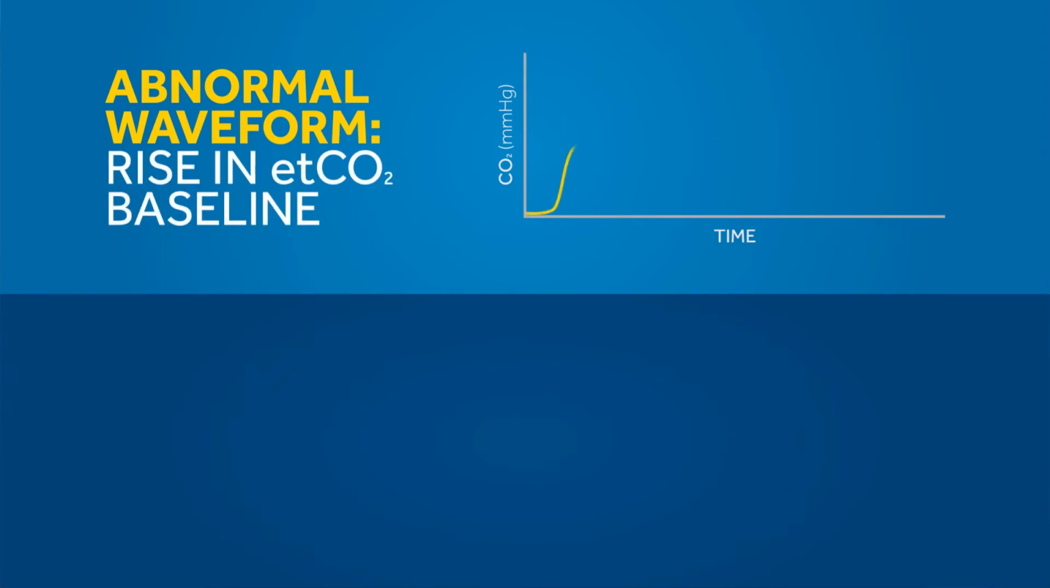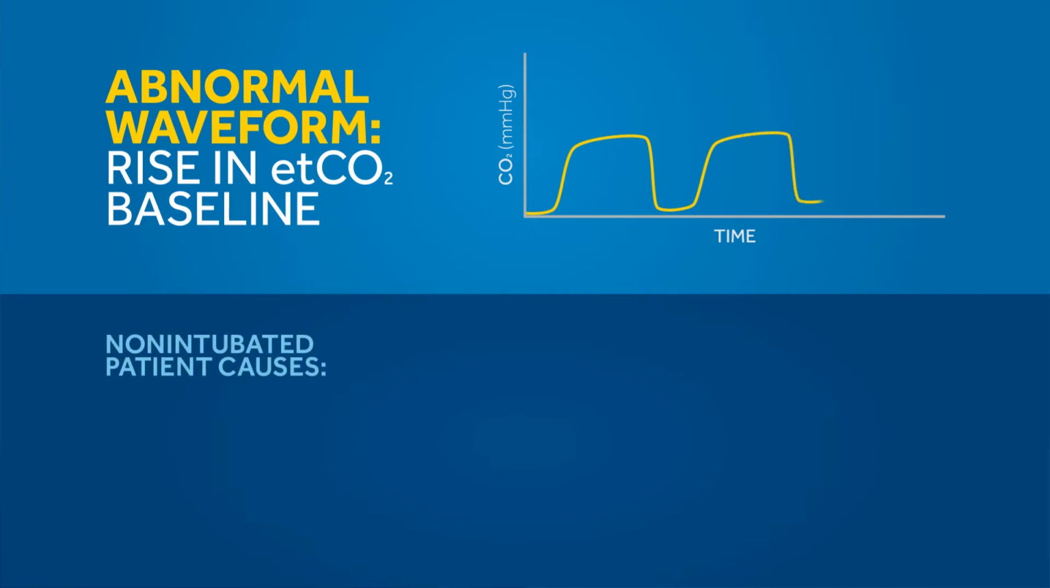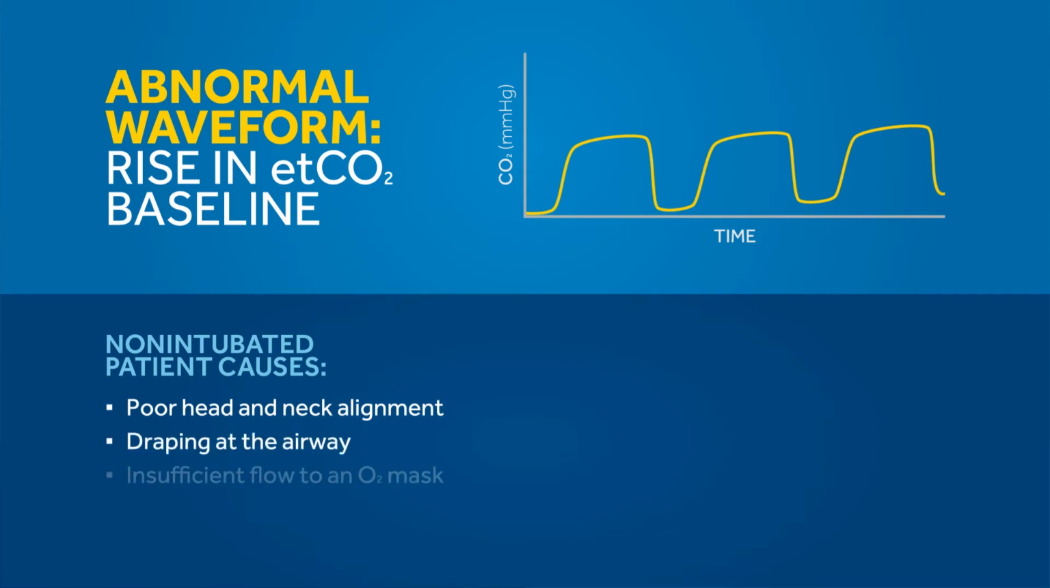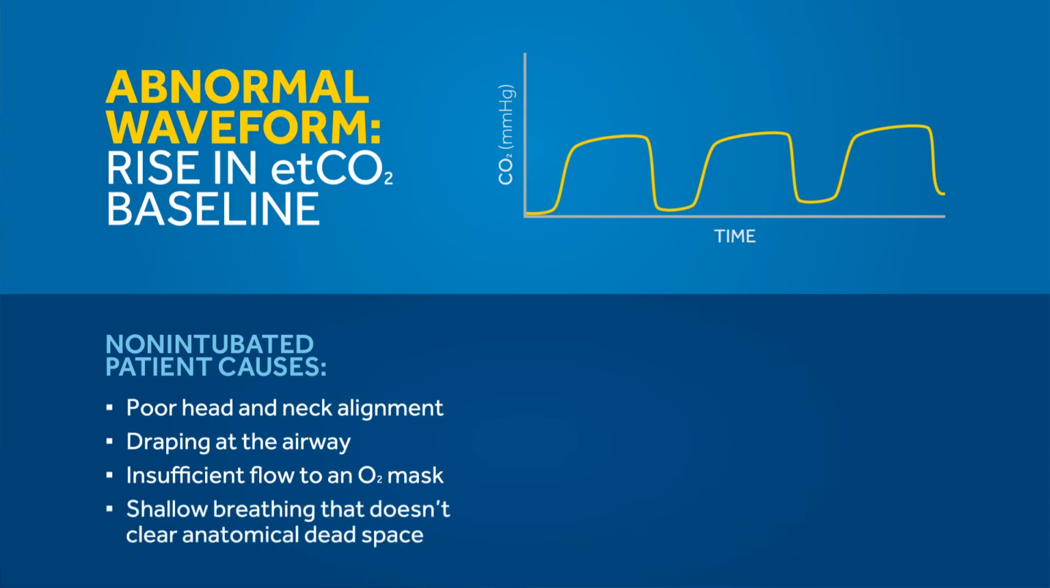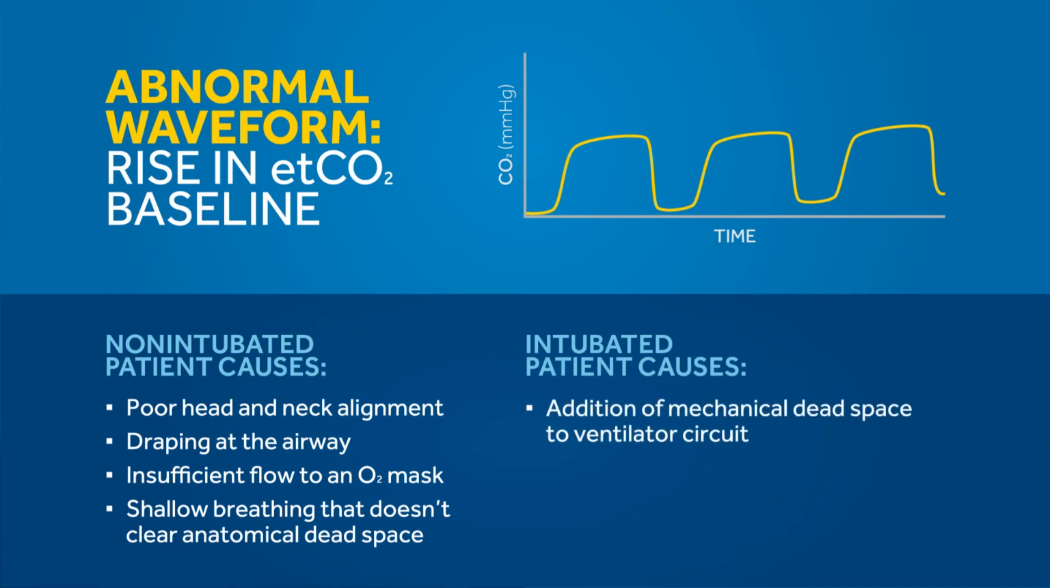A rise in baseline in CO2 indicates rebreathing of CO2. Possible causes in non-intubated patients include poor head and neck alignment, draping at the airway, insufficient flow to an O2 mask, or shallow breathing that does not clear anatomical dead space. Possible causes in intubated patients include addition of mechanical dead space to ventilator circuit or a technical error in the